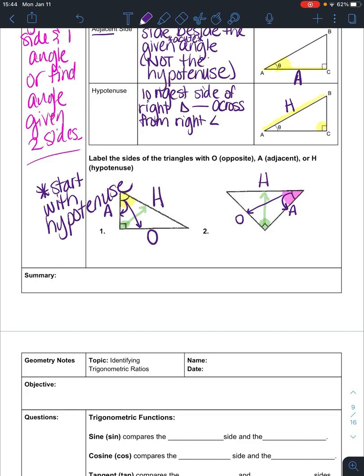So, in summary then, we have three sides of our right triangle. We have our hypotenuse, which is defined by the right angle. And then we have our opposite and our adjacent sides, and those are defined by the acute angle that you were given. Whether they're opposite or adjacent depends on how the sides are related to the angle that you were given. And I always find the hypotenuse first, just because it makes it so that you don't make a mistake and label the hypotenuse